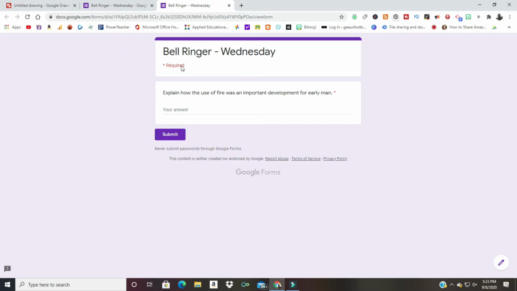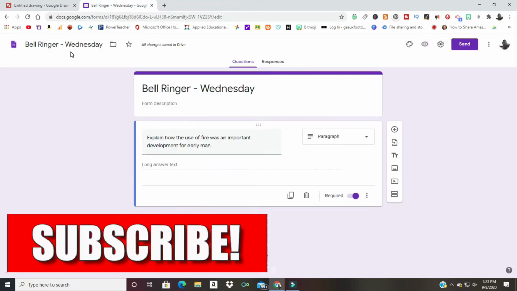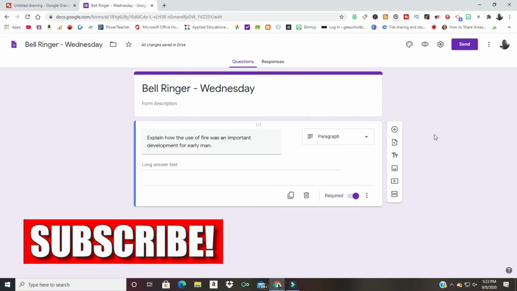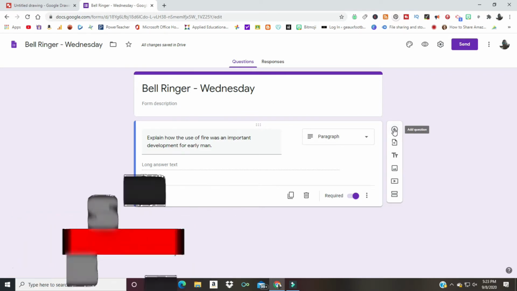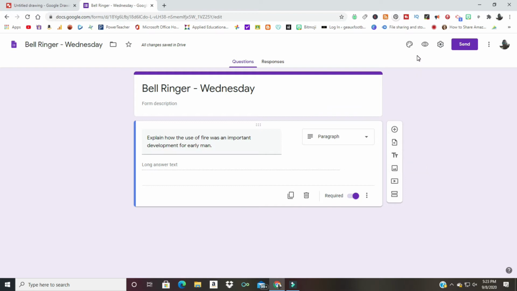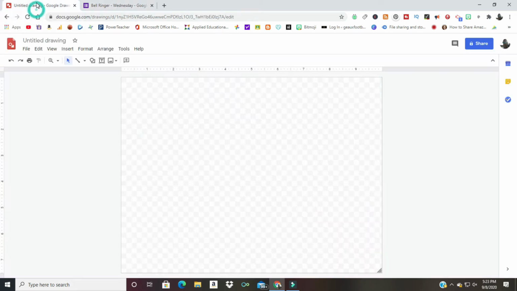So this is similar to the way mine have been looking, with the plain generic form that Google uses, or the background and this color scheme and everything. So let's take a look at this and show what we can do. We can actually add a header to our Google form. So what we're going to do, we're going to go into Google Drawings here,